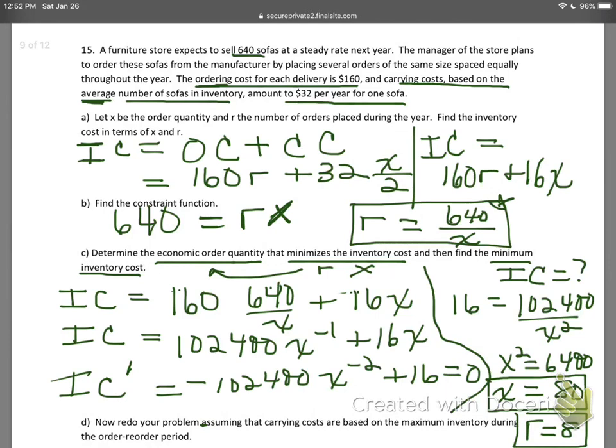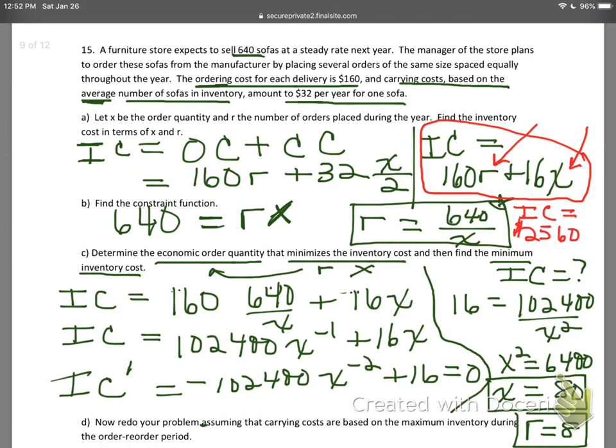equation, and that was, let's see, probably the easiest one to use. I'm just going to change to red, is this one. Here is my cost, my inventory cost. So plug in the R is 8 for this R, and the X is 80 for this X, and you will get inventory costs equal to, let me see, 2,560, and that's dollars,